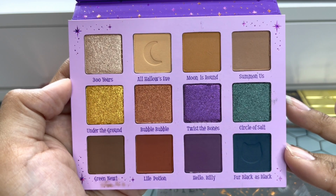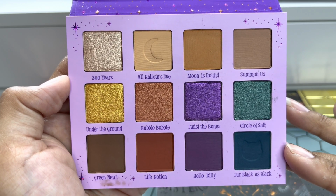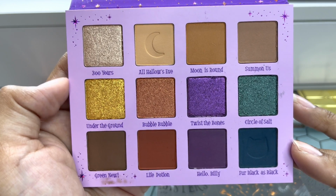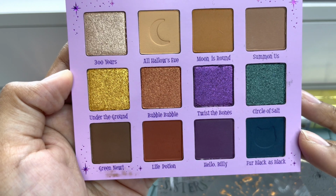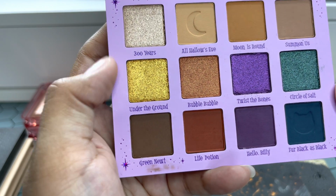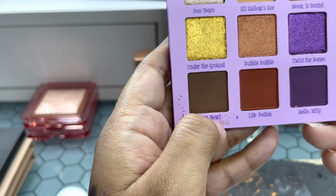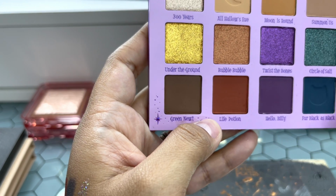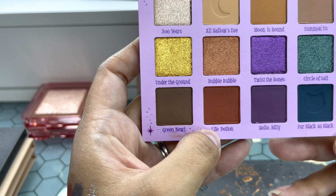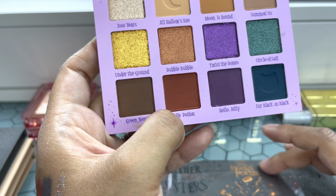We have 300 Years, All Hallows Eve, Moon is Round, Summon Us, Underground, Bubble Bubble, Twist the Bones, Circle of Salt, Green Newt, Life Potion, Hello Billy, and Fur is Black. I really don't think they thought about these shade names corresponding with the actual shades. Green Newt, I feel like, would have been perfect for one of these two shades right here, because you know they're kind of in that green toned family. Fur is Black, I really don't feel like it fits into this one,